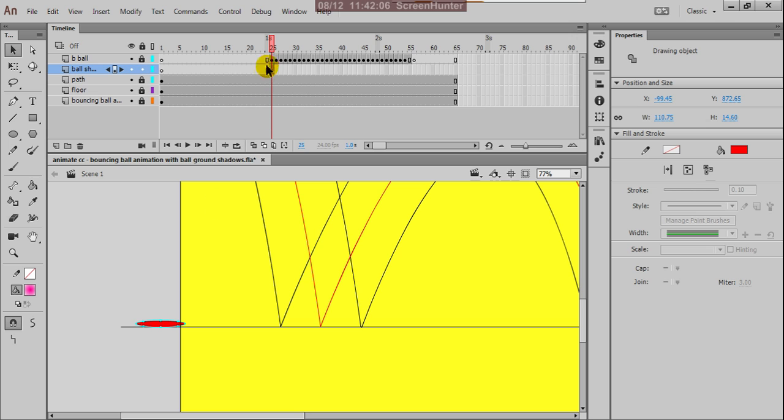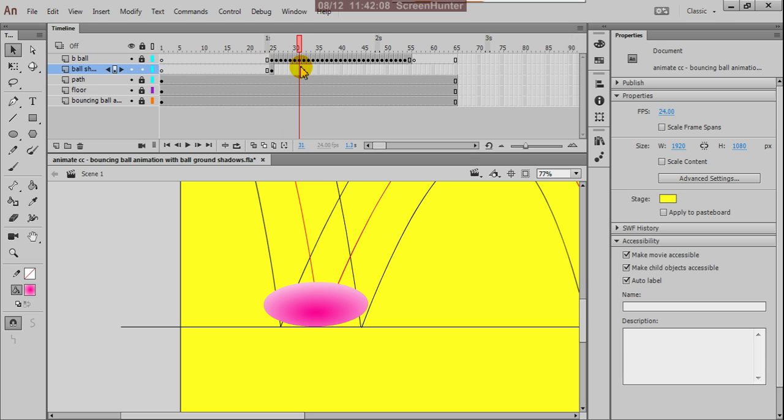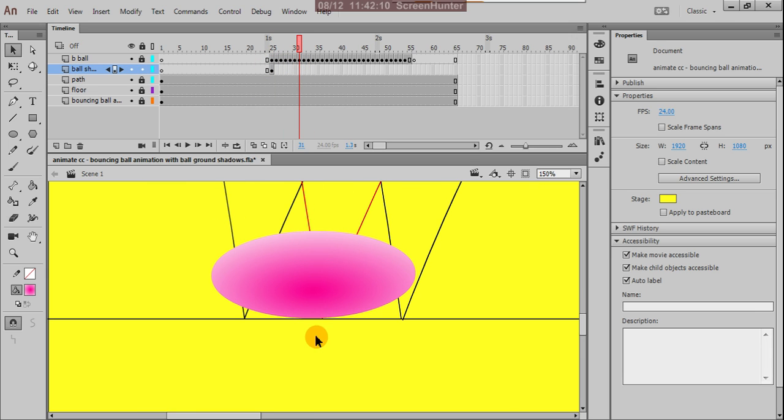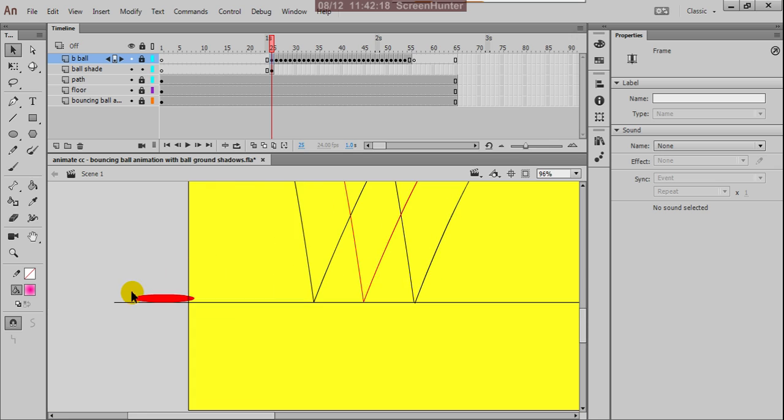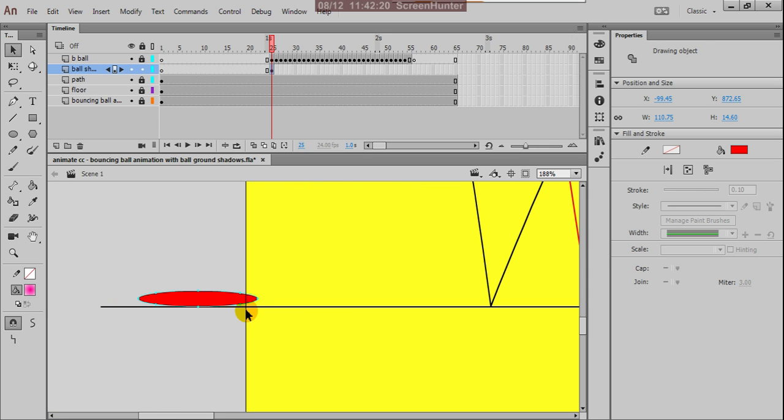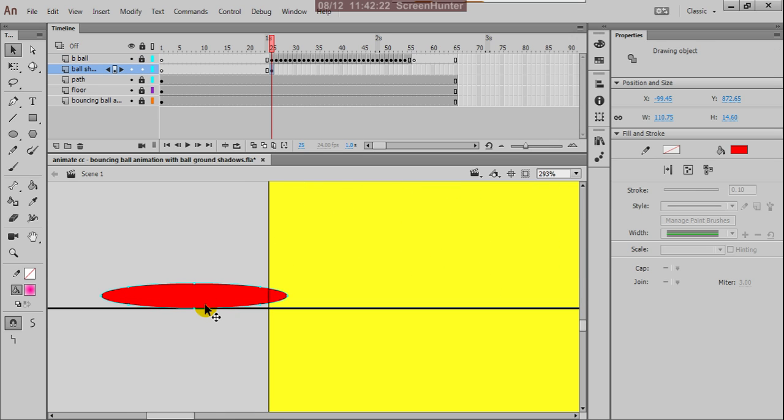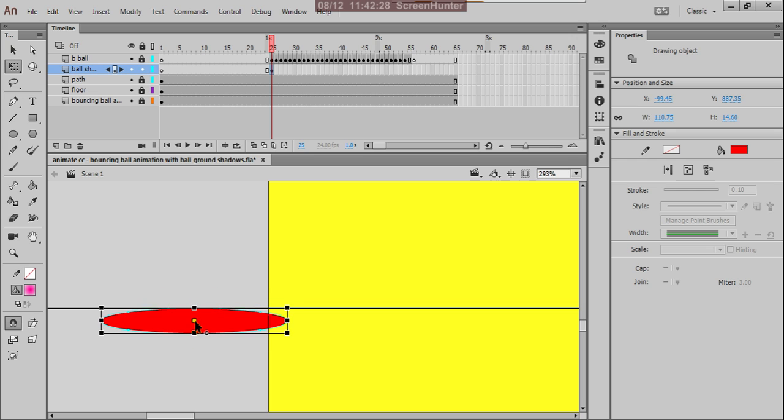But suppose this is the line for the ball, under this line your shade must appear. So for that, this shade must be down, and press Q and give this size.